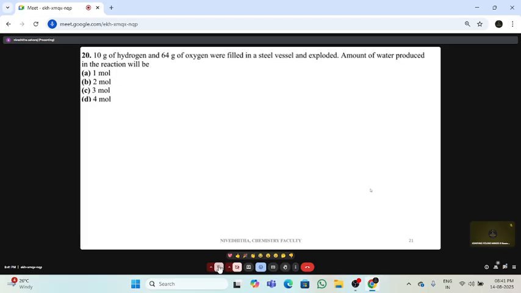Okay. So here they are talking about some process where 10 gram of hydrogen is reacting with 64 gram of oxygen to give water. So whenever the question is from limiting reagent, we have to write the equation related to that process. So hydrogen is reacting with oxygen to give water. And of course, we have to balance this equation. So here it is 2 moles of water and 2 moles of hydrogen. So the inference we can derive from this equation is 2 moles of hydrogen is reacting with 1 mole of oxygen to give